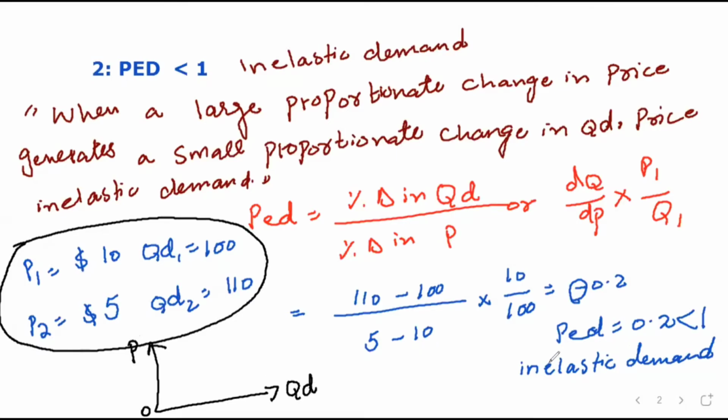So you know, this is the inelastic demand curve. The curve should be steeper, in a standing position. It is better that you make the curve first, then take 2 points on it. This is point 1. Here we can write P1, that is 10, and quantity demanded 1, that is 100. And this is P2, 5. So price is decreased by $5 and the second quantity demanded is increased by just 10 units. So this is inelastic demand.